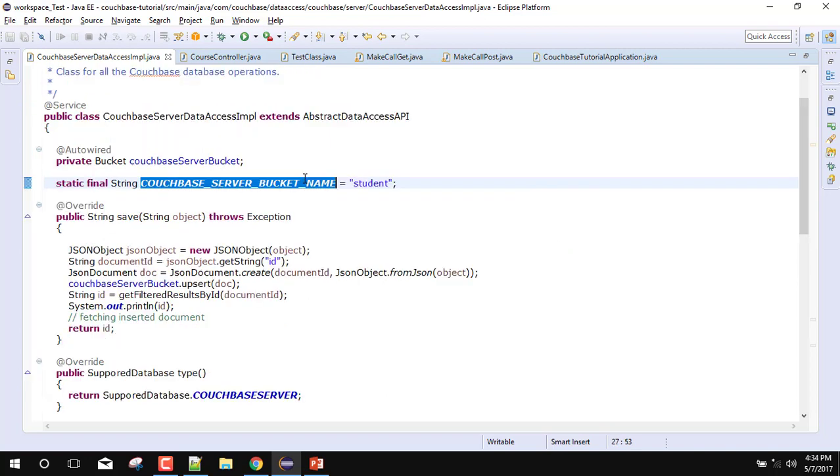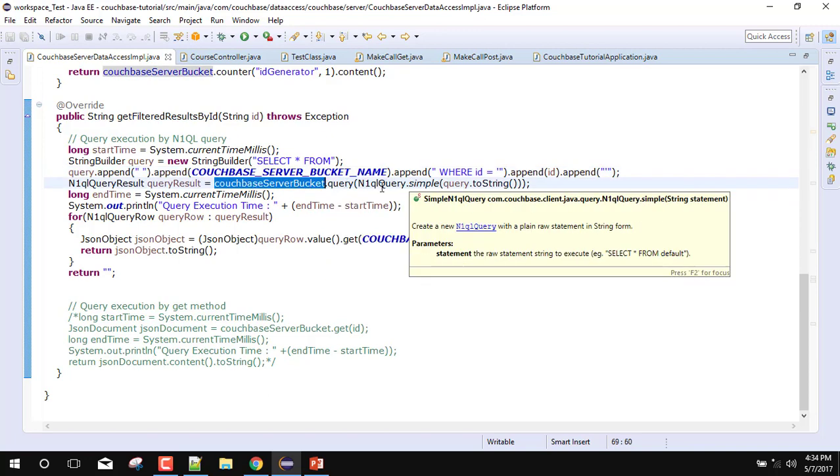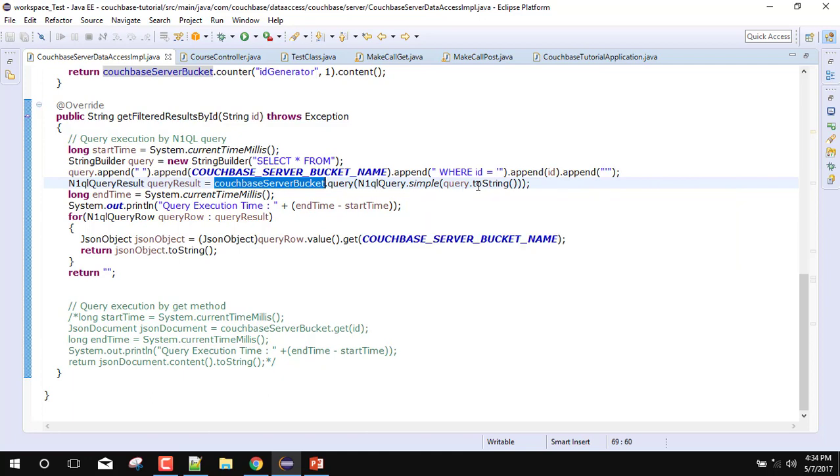You can see that the bucket name is student. So I will pass ID equal to, append ID, and then we will perform it with the help of the bucket's query method, and we will pass this N1QL query, and this query will be executed and will give the query result.